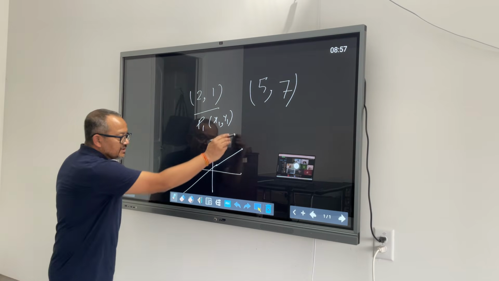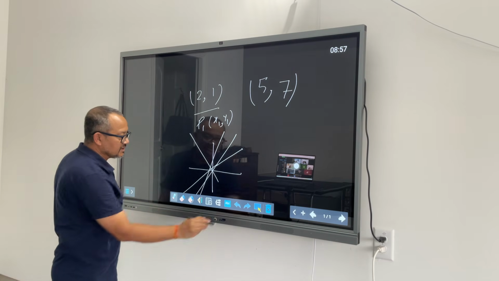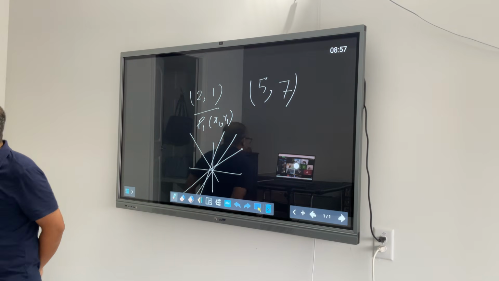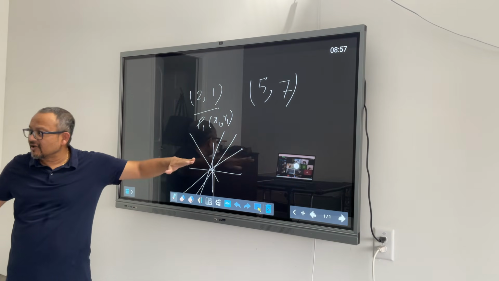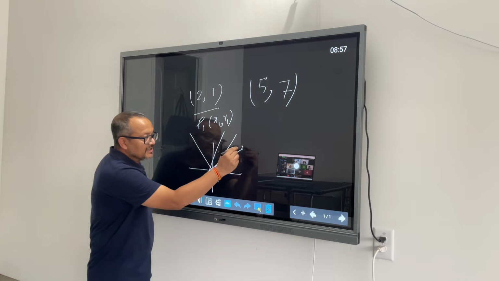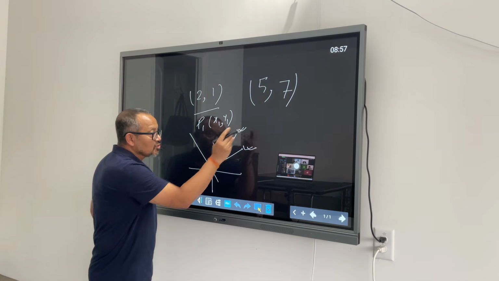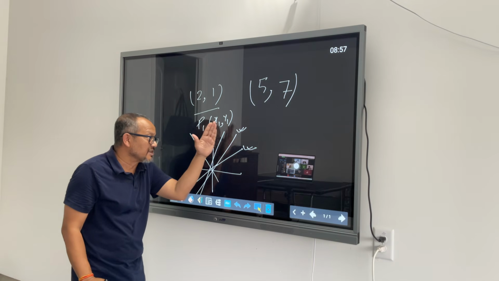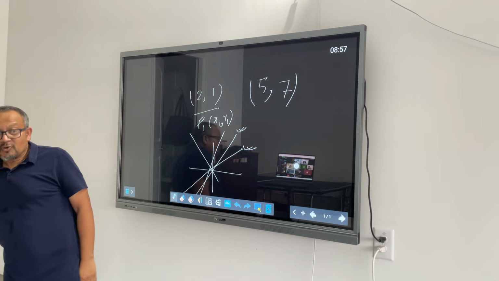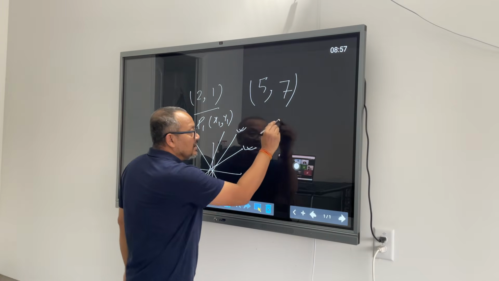This line versus this line versus this line versus this line. They are all different. Why? They have different slope, different level of how steep they are. Yeah. So this one you will say has less slope, this has more slope because it's getting more and more steep. So slope of any line is nothing but